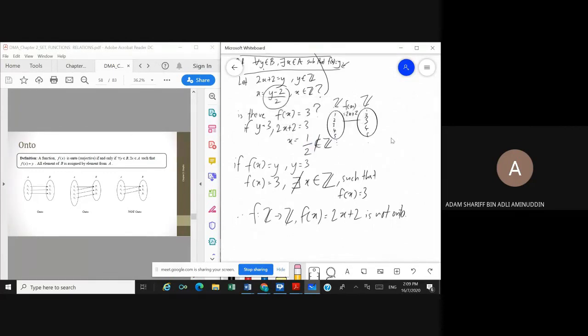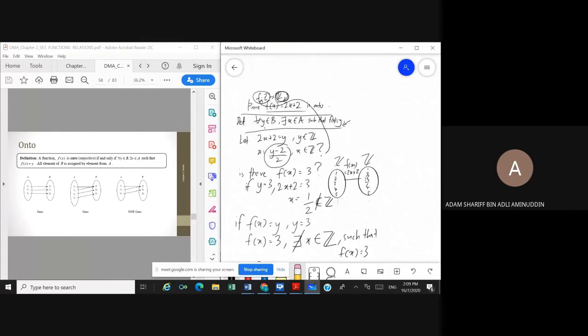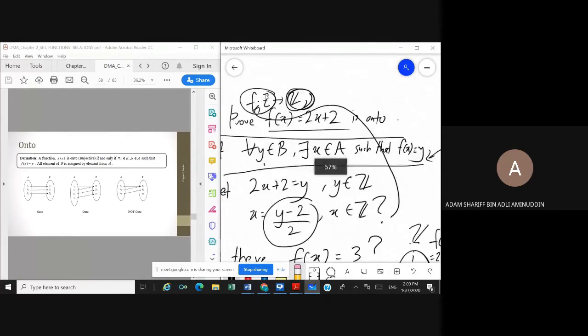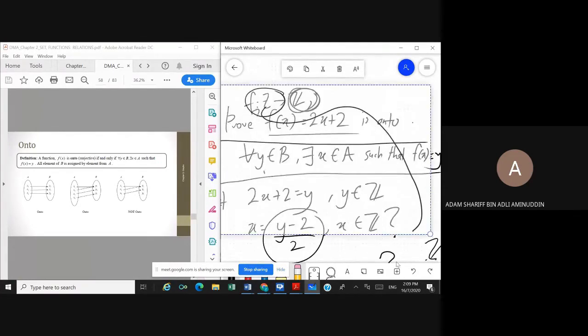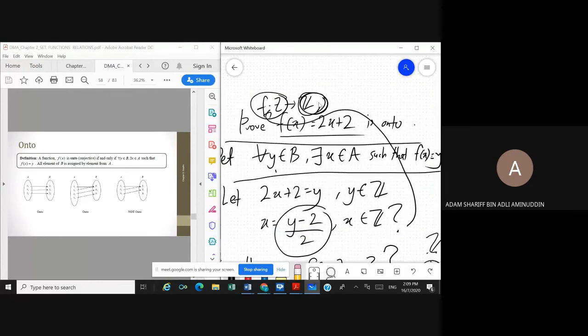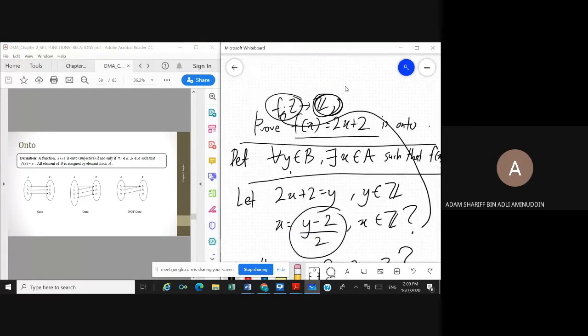The moral of the story is that domain is really important. This specific question, if I put another value of codomain, katakan